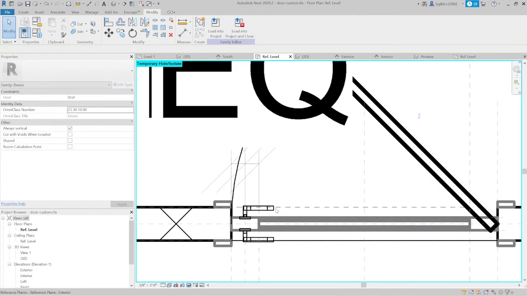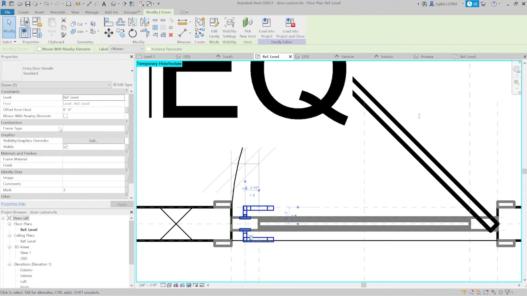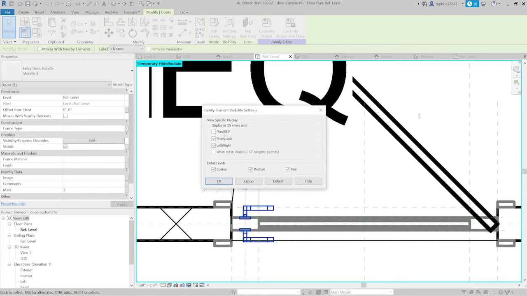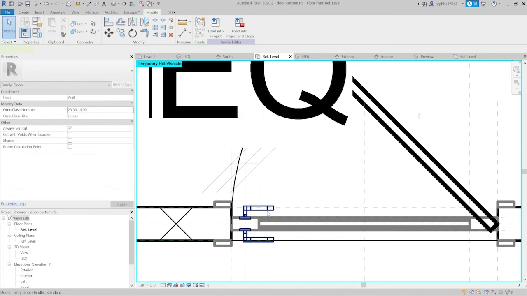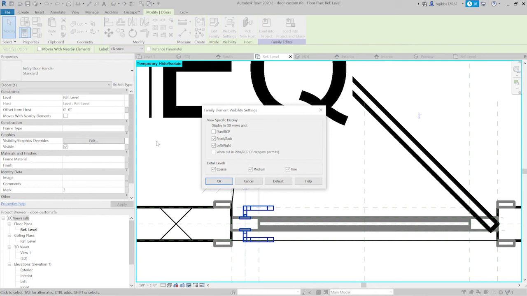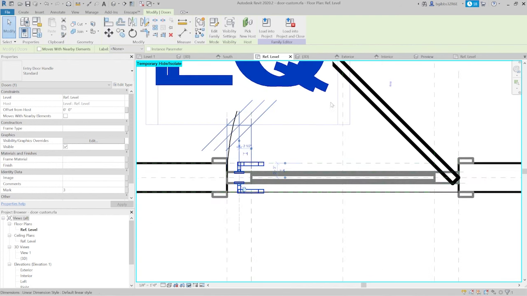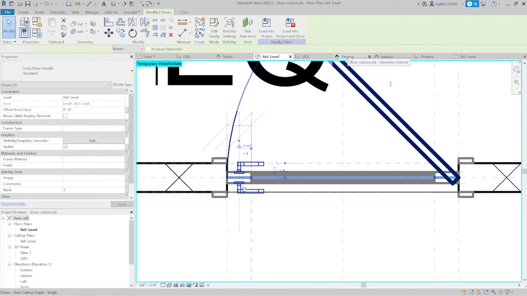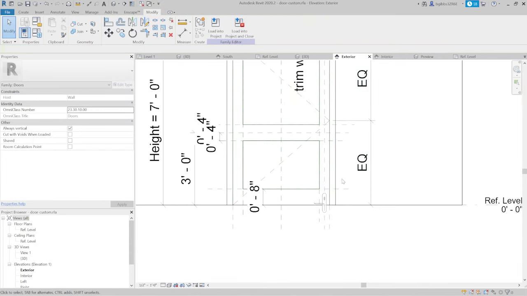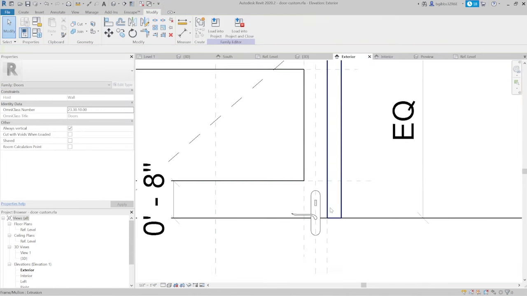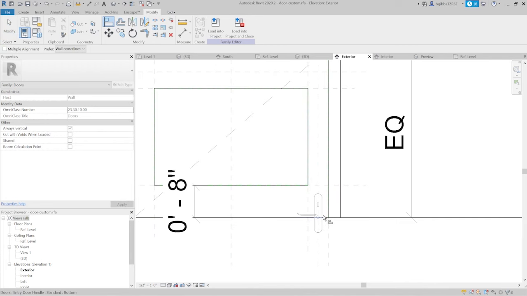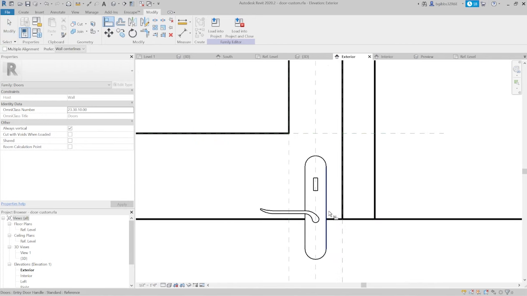That's going to center this up, and we actually can now do visibility and graphics where we hide this. And we're going to go to our exterior view, so now we get to locate where this goes in elevation, and we definitely want this door handle